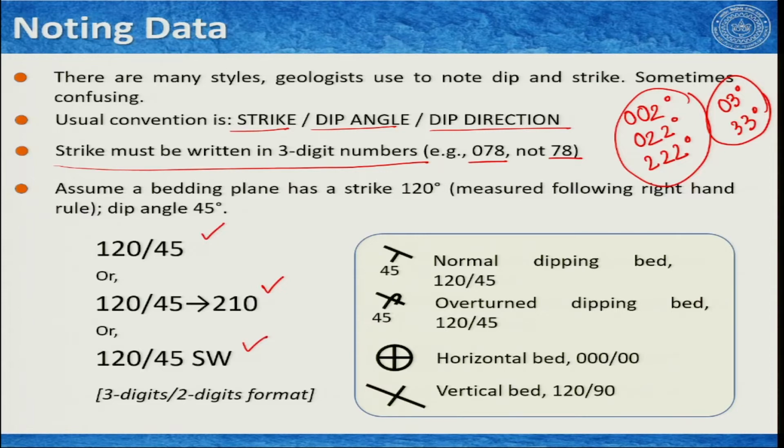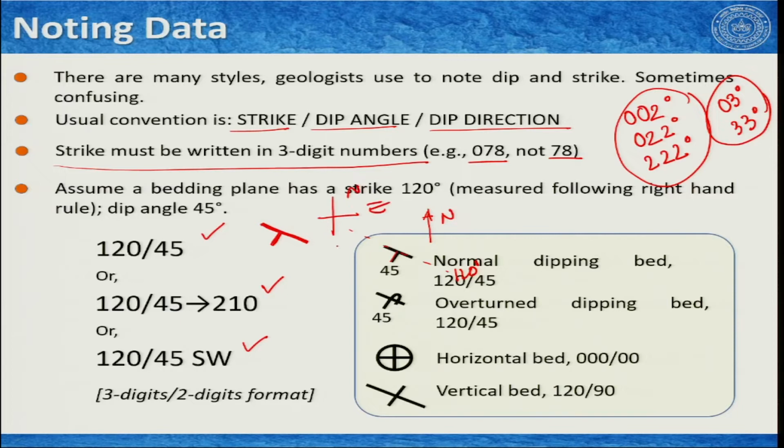In the map, we define strike. This is defined considering this is your north direction. So, this is the 120 degree strike line, and it is dipping towards southwest. You make a vertical line and place the digit 45 degrees. So, if someone has to read it, then by looking at this orientation in the map, one can understand that this is the strike line and the planar feature is dipping towards this side.